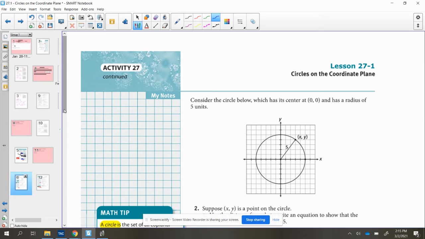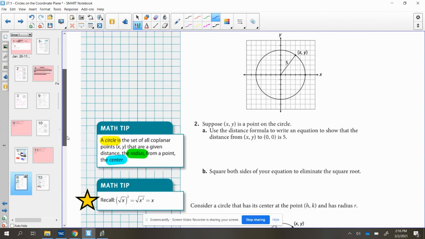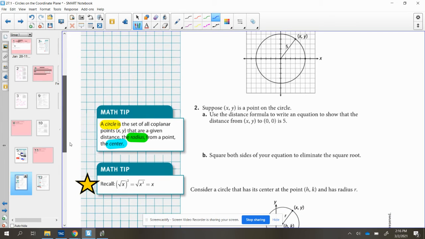Now, when we are looking for a point on a circle, the distance from the center to the point on the circle, we know that's the length of the radius, right? And if we didn't know that, what we could do is use the distance formula to find that. Now,